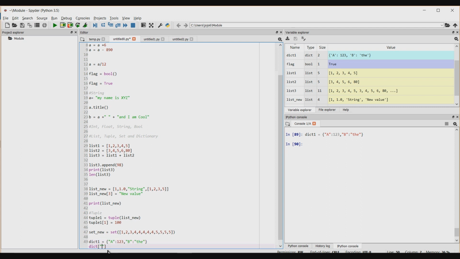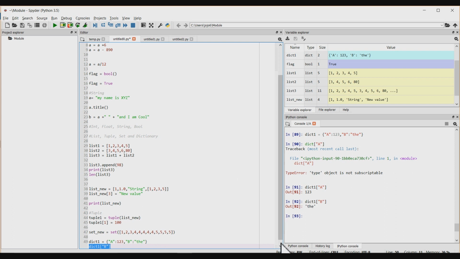So if you have A as the index, we can actually access the value. There you go. You can see the value 123 being accessed. You can then access the remaining values. Let's say access with B. You can access the. So you can actually have homogeneous as well as heterogeneous values inside a dictionary,